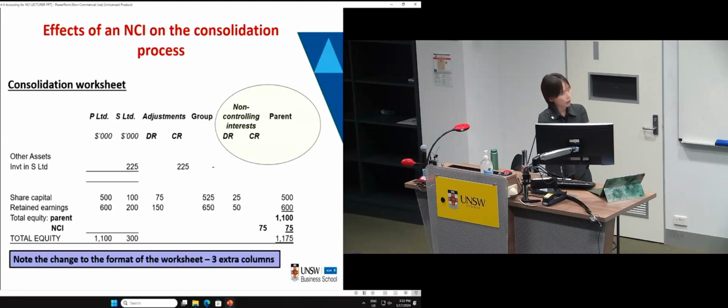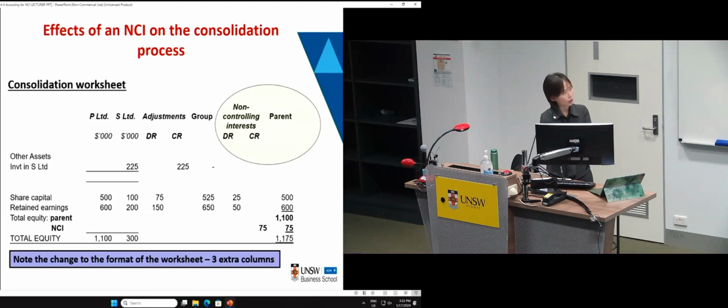Now, how are we going to do that? Now, the parent's share interest in the subsidiary is 75%. Therefore, 75% of 100,000 will debit share capital. Here we also have a debit to retained earnings and a credit to investment in subsidiary, for example, here. Okay, right? Yeah. So these are the pre-acquisition elimination entries. Now, 600,000 minus 75,000, so you can see the group share capital balance is 525,000. Right.